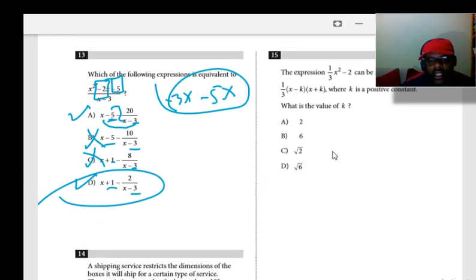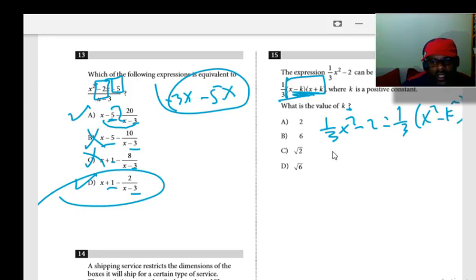Okay, 15. The expression is rewritten as this. What's the value of k? As you can see here, it's a perfect expression, which means 1/3 of x squared minus 2 is equal to 1/3 of x squared minus k squared. So when you multiply both sides by 3, x squared minus 6 is equal to x squared minus